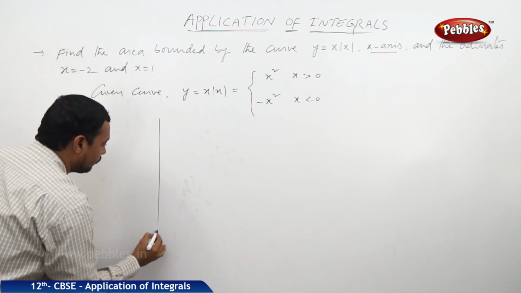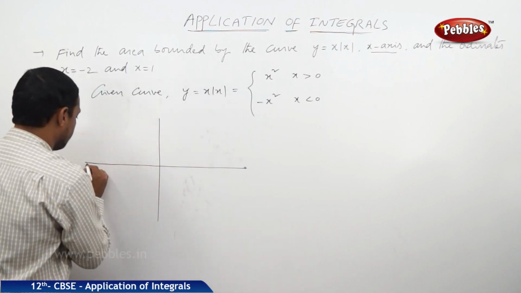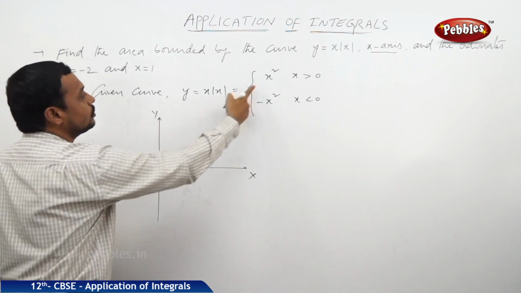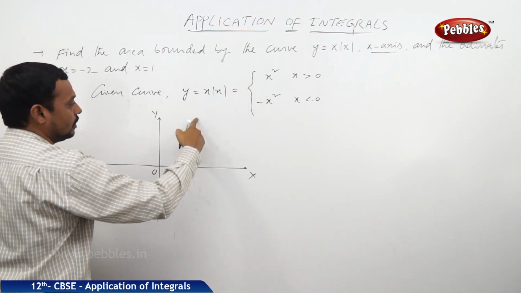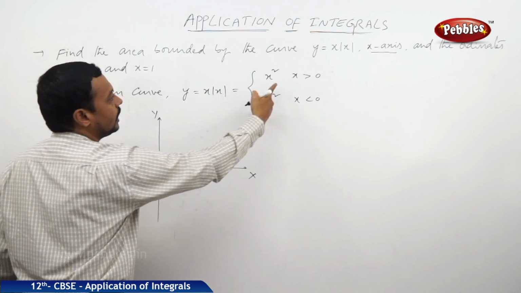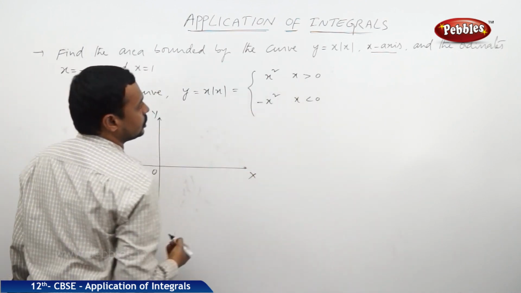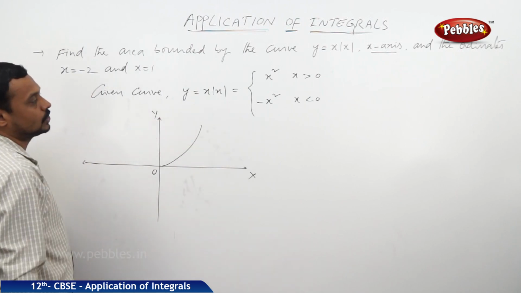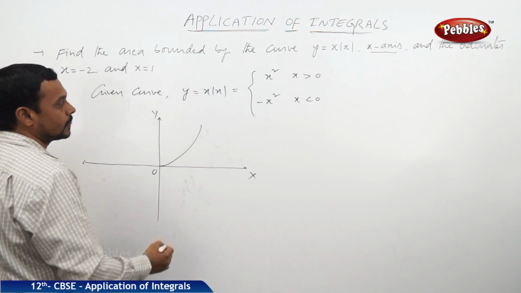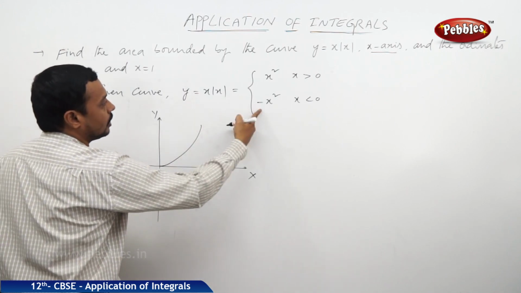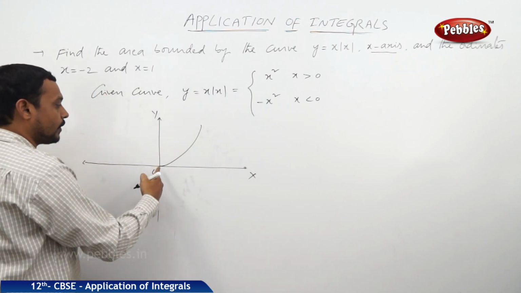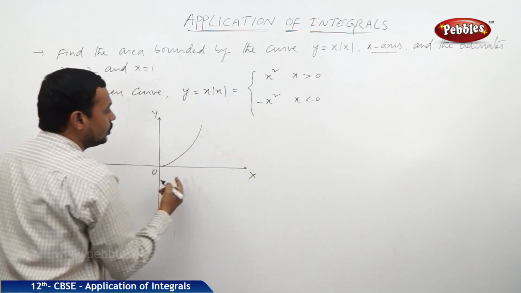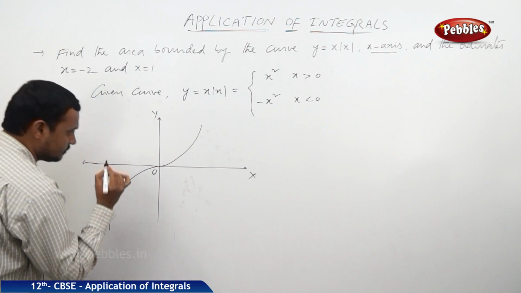Now, let us take the graph. It's the x-axis, y-axis, origin. Now, y is equal to x square is symmetric about the y-axis like this. But here we have to take the x values greater than 0, so when x is greater than 0, we get the graph like this. That is y is equal to x square. Now y is equal to minus x square. This graph is symmetric about the y-axis but below the x-axis like this. But when x is negative, we get the graph like this.